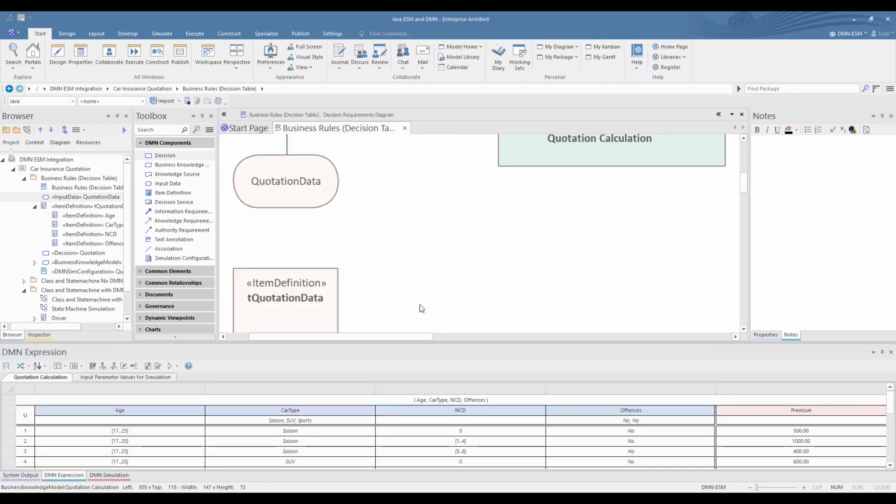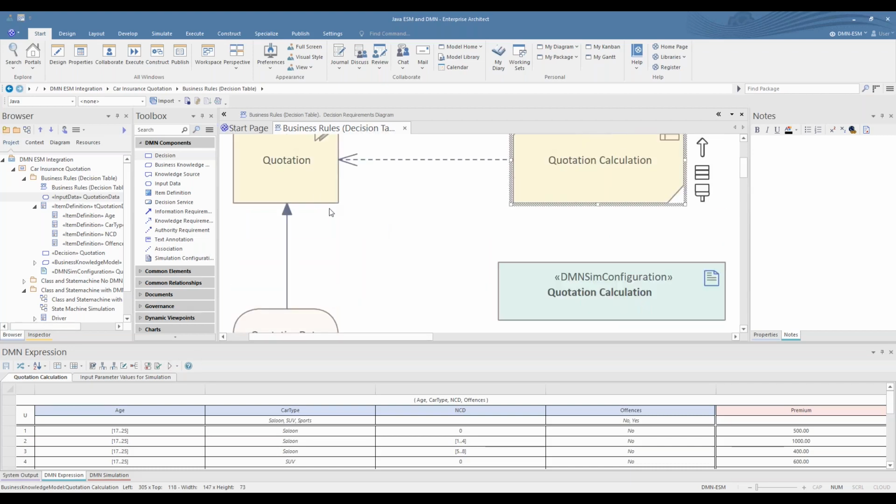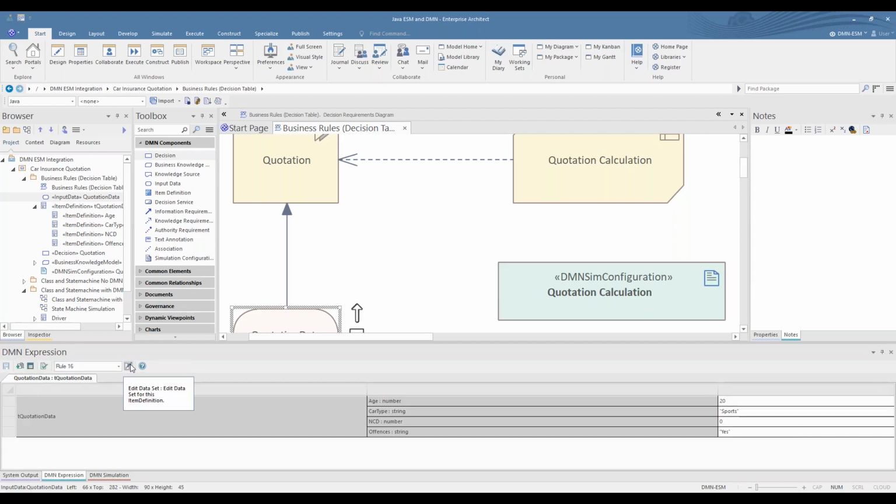Let's move on a bit. Apologies for that, I got a little bit lost. I said it was a bit complicated, but anyway, we've got this item here and we're ready to go for our actual simulation. So the input data set. Yay, got it. Sorry. Because we've got so many elements on here, I just clicked the wrong one. Easy mistake to make, even for someone who's experienced in EA.